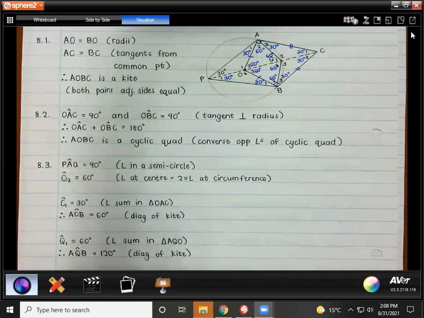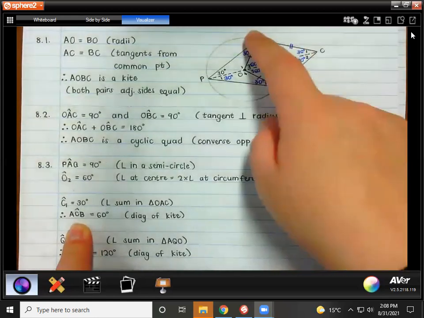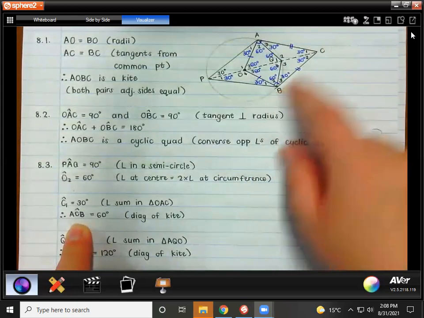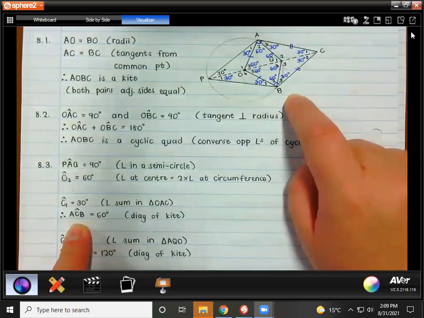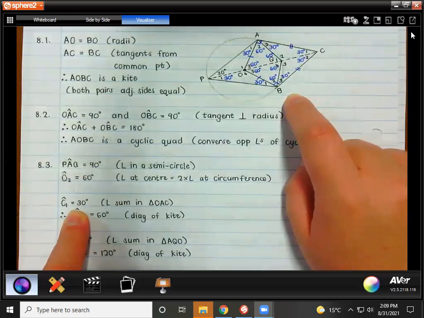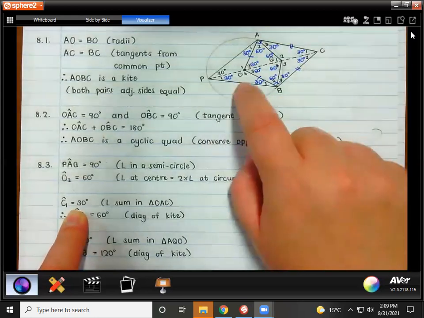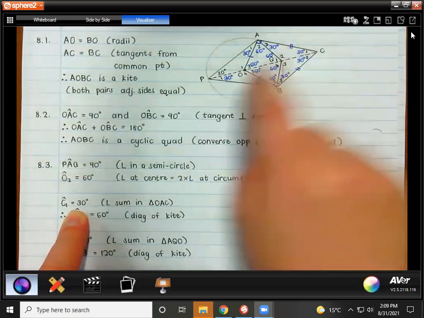All right, then for the other two, I did an in-between step. It might have been possible to do it without an in-between step, but you can tell me if you did it like that. So the next one they asked for was ACB, which is this whole angle over there, right? So what I did was, I did angle sum in a triangle in this one over here